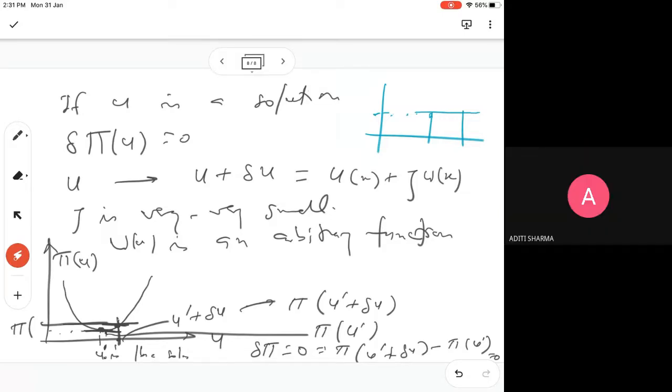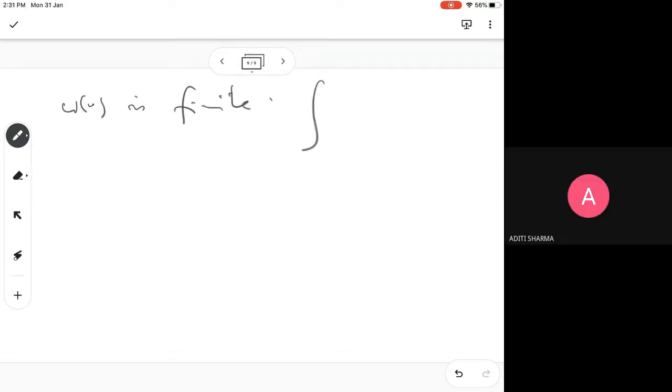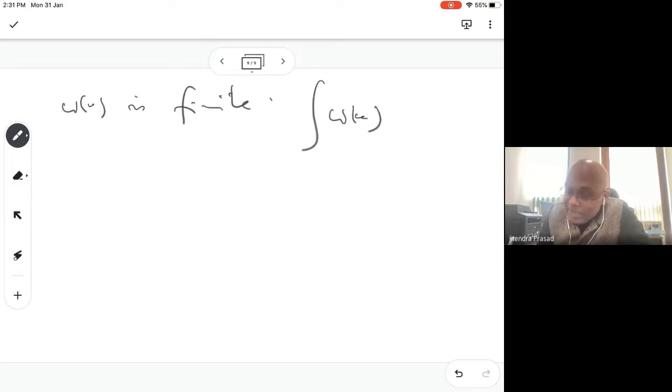Sir, how are we fixing the domain? Like the range, how are we fixing that? Matlab, it can have any value, then it has like an infinite place. Yeah, so that's why here Wx is finite, right? When you say finite, what does it mean? Wx within the domain has to be less than infinity. It has to be finite, because